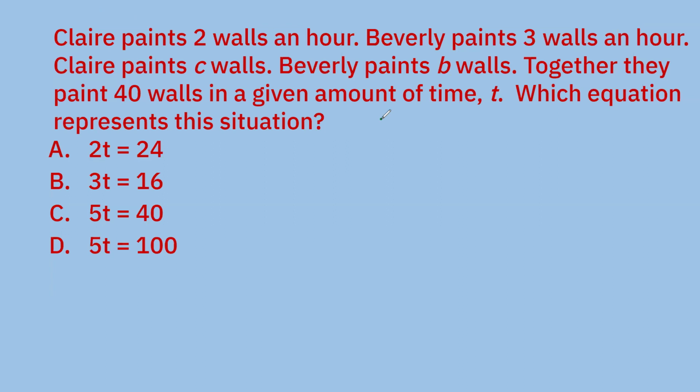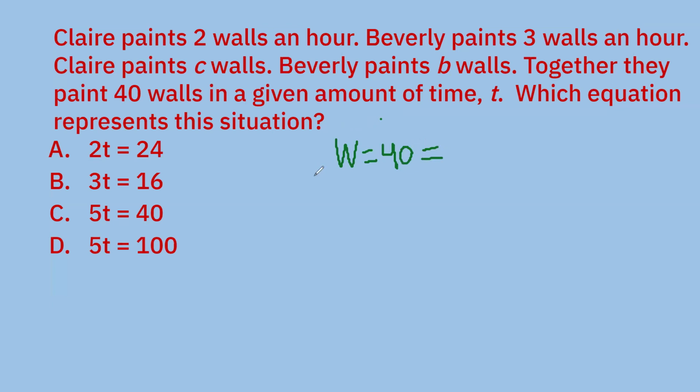But there's 2 people, and Claire does C walls, and Beverly does B walls, but it doesn't actually matter how much each paints, because that's not what it's asking, right? It's asking for the time. So here, the work they do together, right, equals 40 walls. And that equals